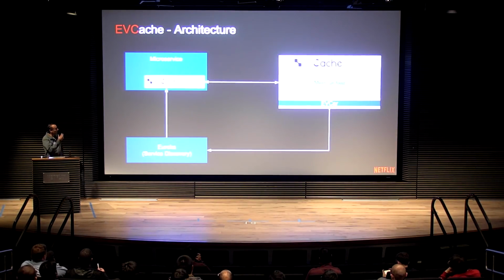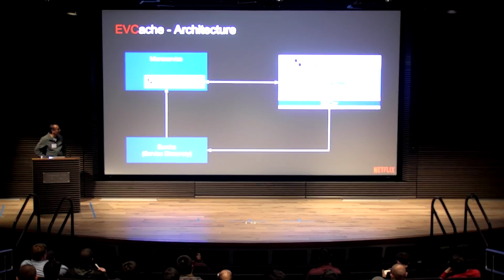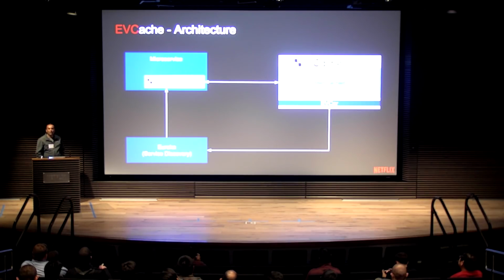So the architecture of EVCache basically consists of two components, an EVCache server component and an EVCache client component. For today's talk, I'm going to mostly concentrate on the server component. The server itself consists of memcached and a sidecar that we call EVCar. Memcached holds all the data that's needed for caching, and EVCar mainly is used for administrative and monitoring purposes.